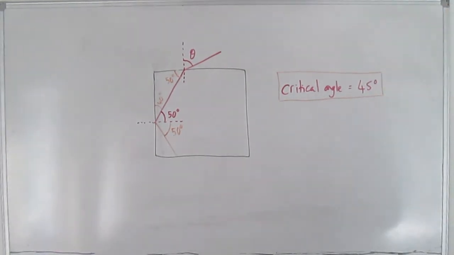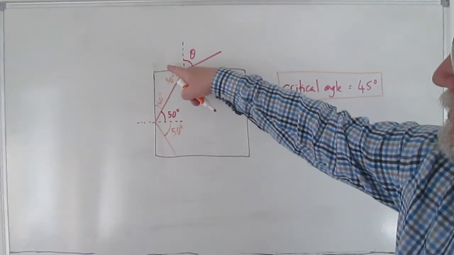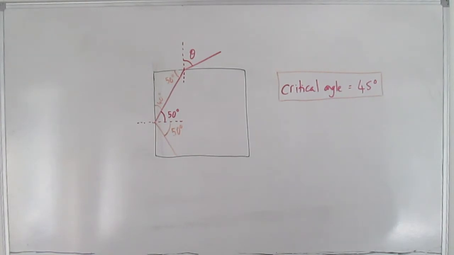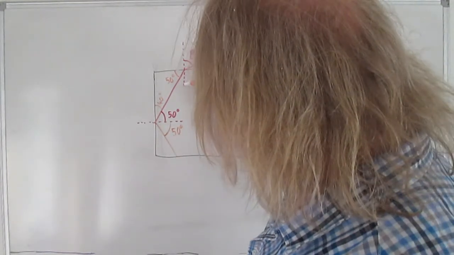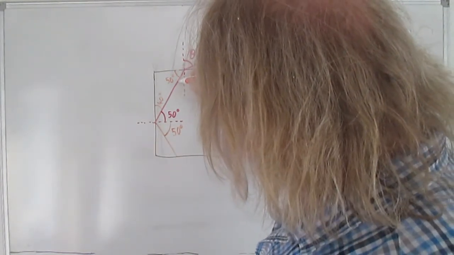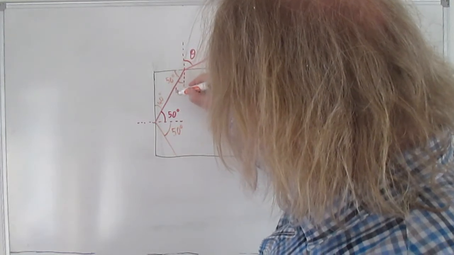Okay, because that must be the case in order that the angles in the triangle add up to 180 degrees. So we can see that the angle relative to the normal of that light here is 40 degrees